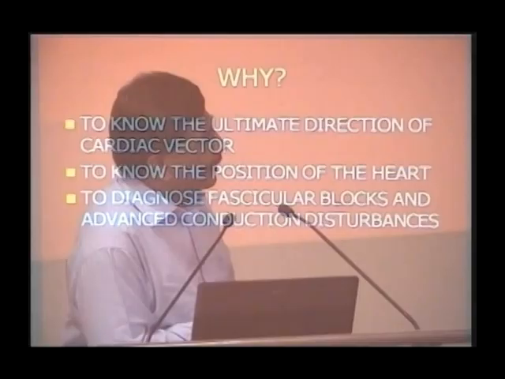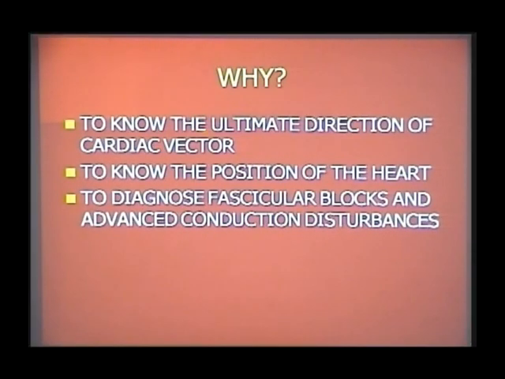Whereas the normal ECG in limb leads depends upon your axis. Axis determines how lead 1 is going to look, how lead 2 is going to look. That's what we are going to do: the axis. The electrical axis we have to study for three important reasons. One is to know in which direction my net cardiac impulse is traveling. Another is to know the position of the heart: horizontal, intermediate or vertical. The most important application is fascicular blocks.